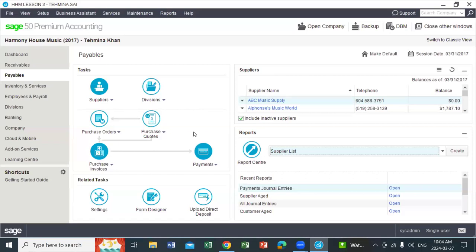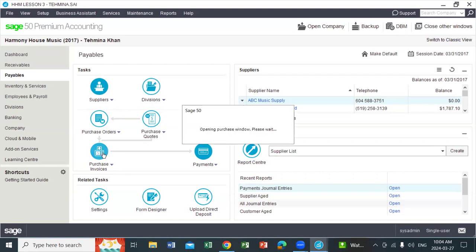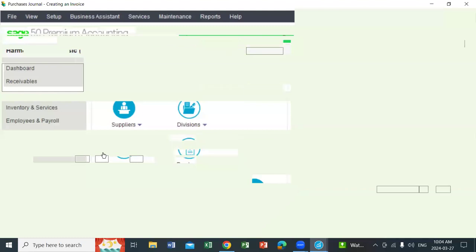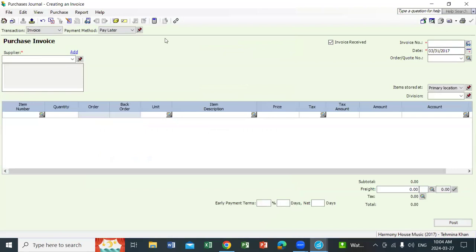It's a purchase invoice, right? So pay later, obviously it's an invoice. So we will go to purchase invoices. Let me move this thing to the bottom. If you check it, it says pay later. So that means we are not making